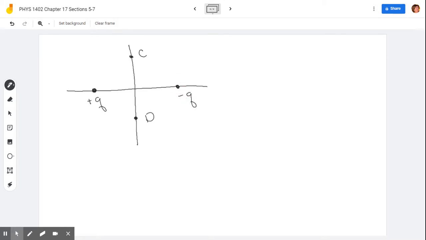We want to know the direction of the electric field. All we have to do is think, if I put a positive charge here, it would feel F1 pushing it that way. That's the force coming from here. And this is Q1, this is Q2. F2 would be towards this, so F2 would be this direction. The vector sum, remember, these are equal charges, so these are equal forces. So the answer is the force at C